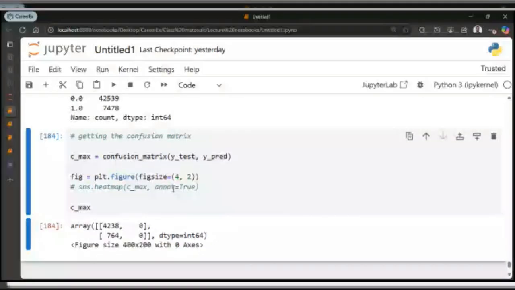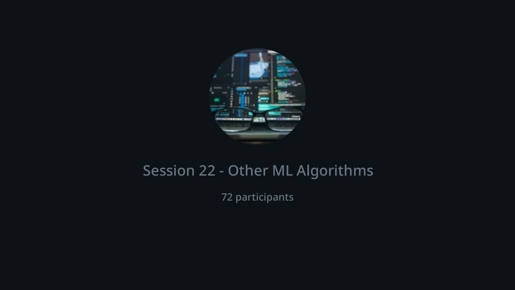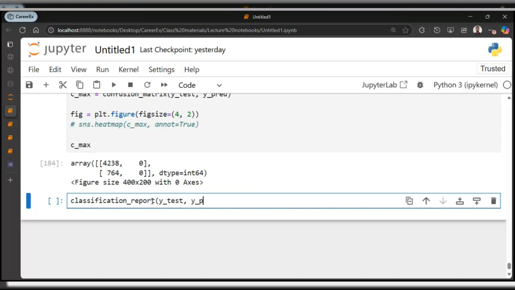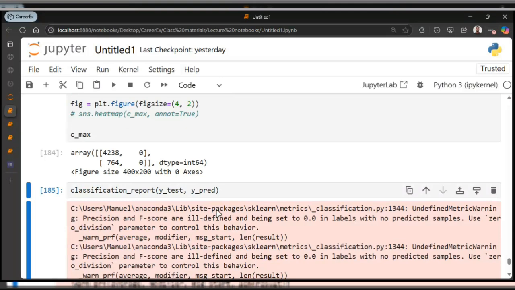So you can use this to assess your model, and then you can use classification report as well to get the overall report. Everything follows the same pattern here, y_test, y_pred.